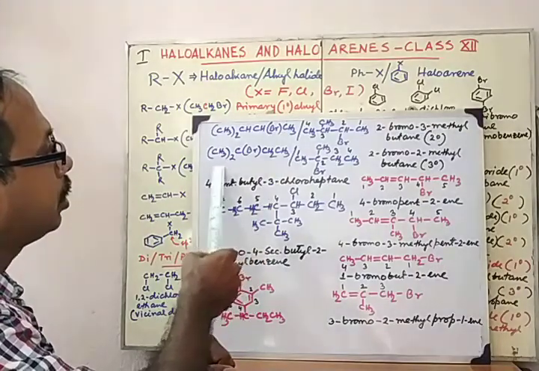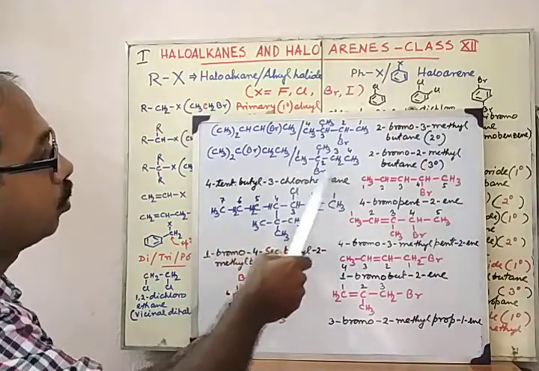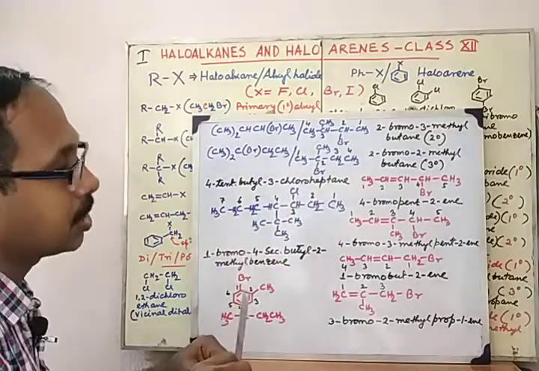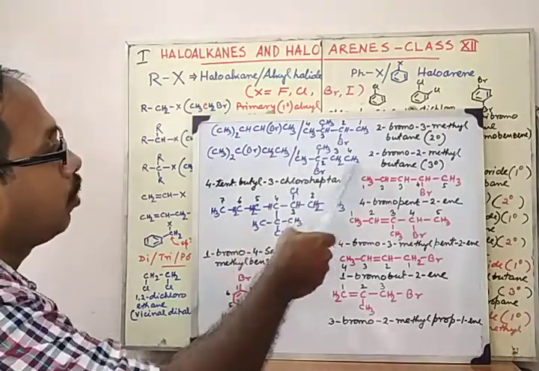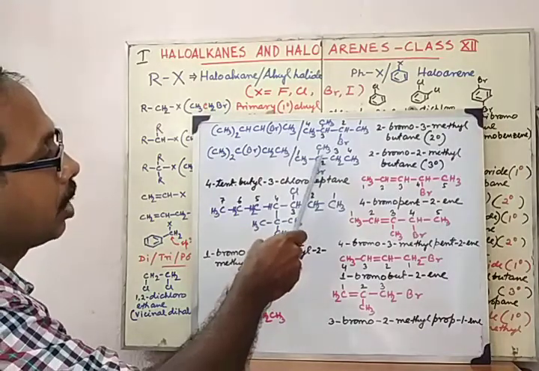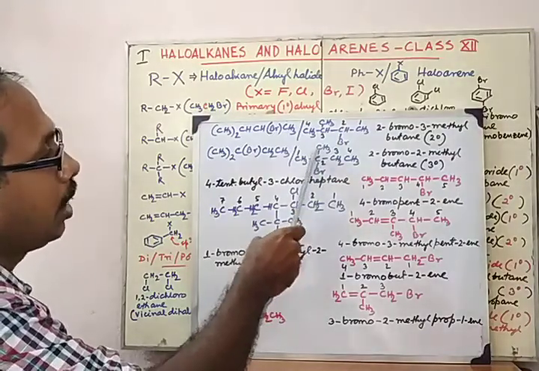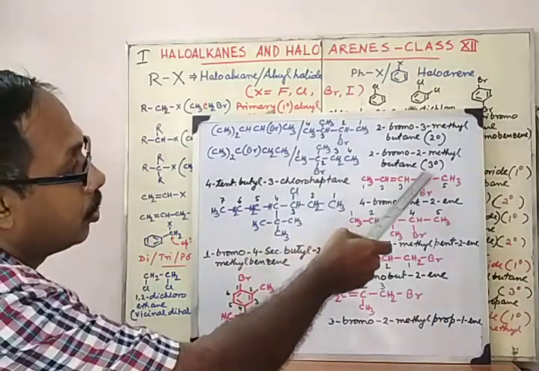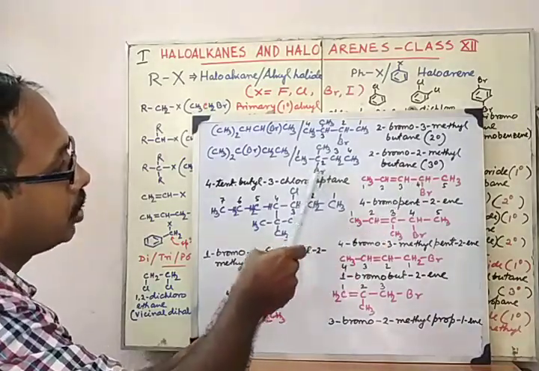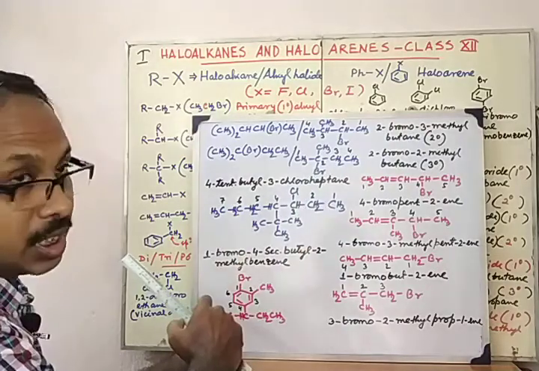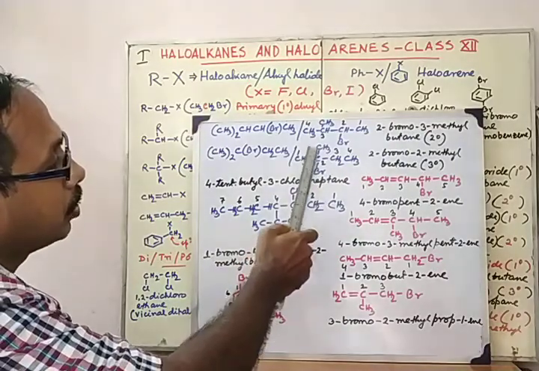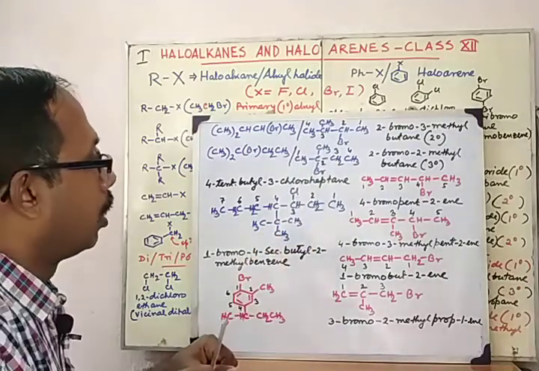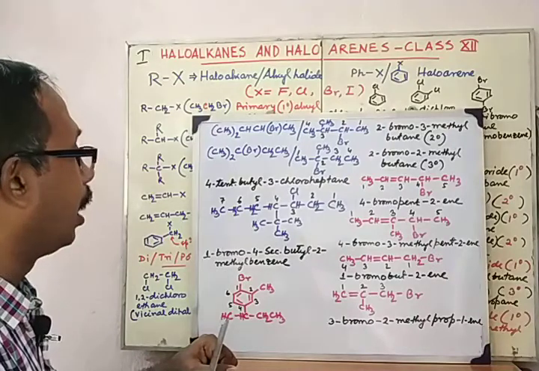Now this one can be broken down into this form. Now in this case both the substituents are at the same carbon. So from the left side we need to count the chain, and the name is coming as 2-bromo 2-methyl butane, and it is a 3 degree alkyl halide because the halogen is attached with the carbon which is a 3 degree carbon, because this carbon is attached with 3 alkyl groups. So it is a 3 degree alkyl halide.